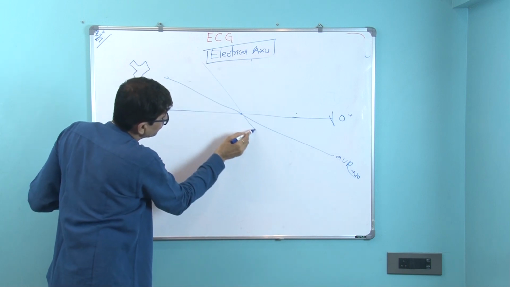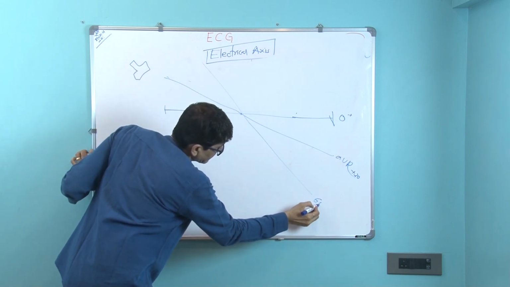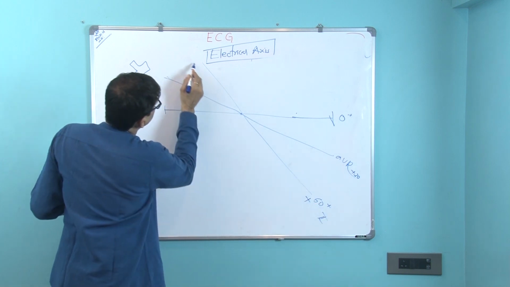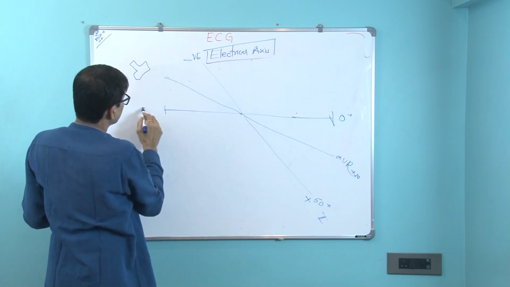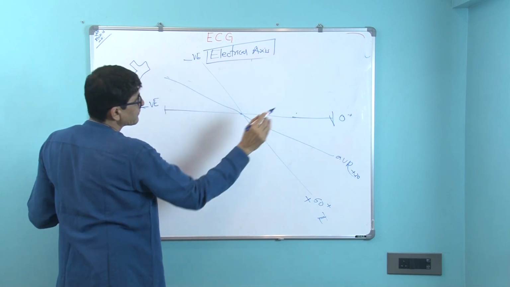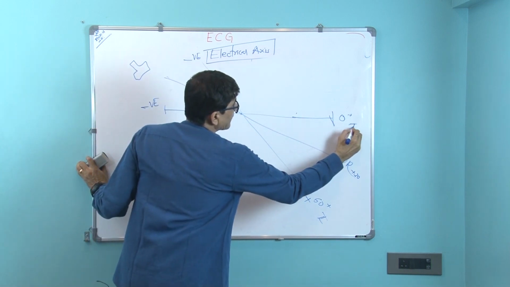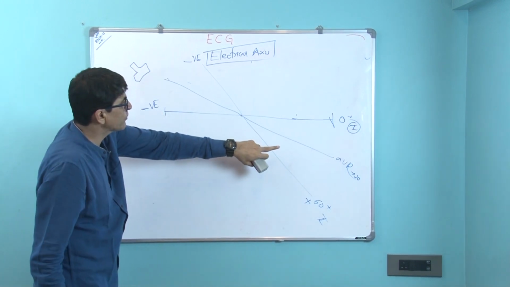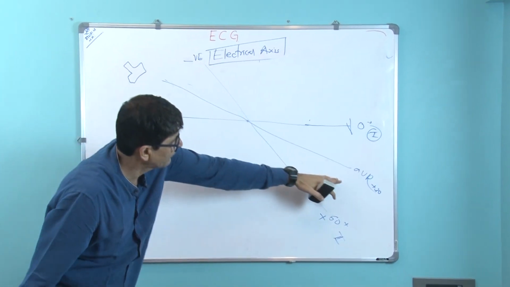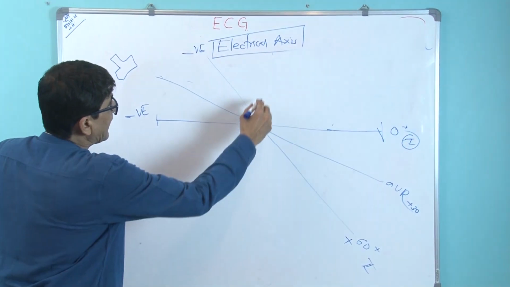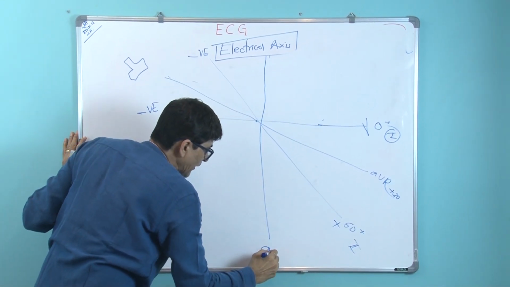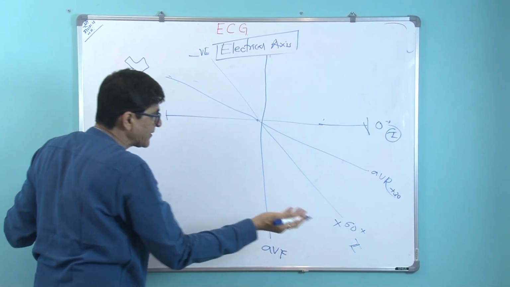Now, this is lead 2 at 60, lead 2, and this is the positive pole, this is the negative pole. This is the first negative pole, first positive pole. This is lead 1, this is AVR. Though they are unipolar, they are both the end, one this side, one on that side. Exactly perpendicular to lead 1 is AVF. So, you remember AVF, it will be much easier for you.